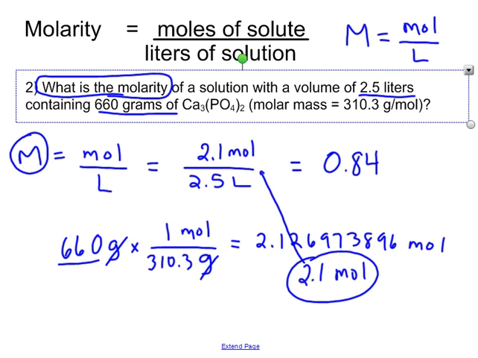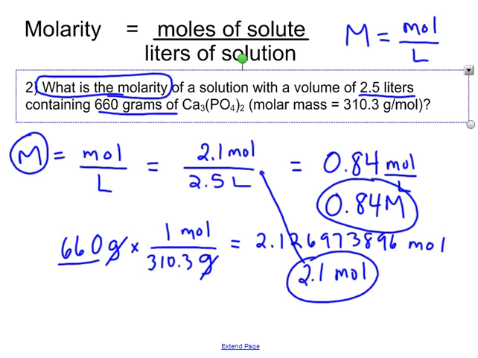Now, moles per liter is the actual unit here, but moles per liter is always abbreviated as a capital M. So that is the best way to write this. 0.84 molar is how you would read it, but that big M really stands for the units moles per liter. All right, let's take a look at some other